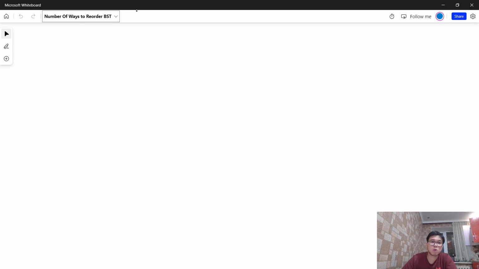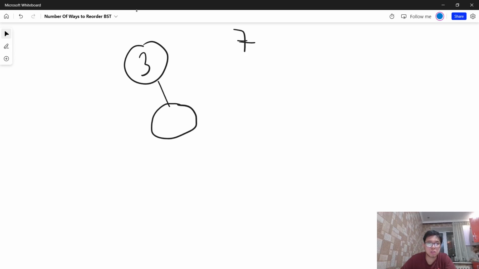For example, we have a root node with the number 3. Then we add the next number, let's say 7. Since it's greater than 3,